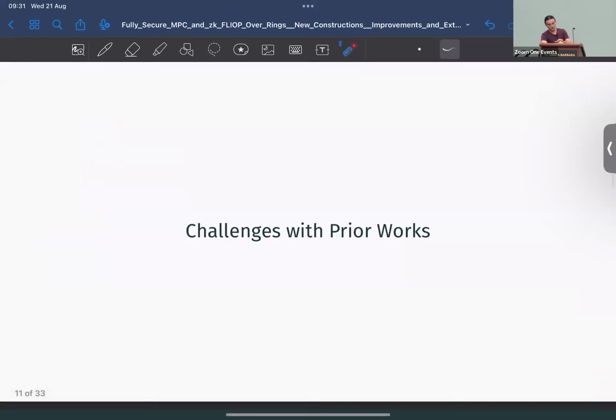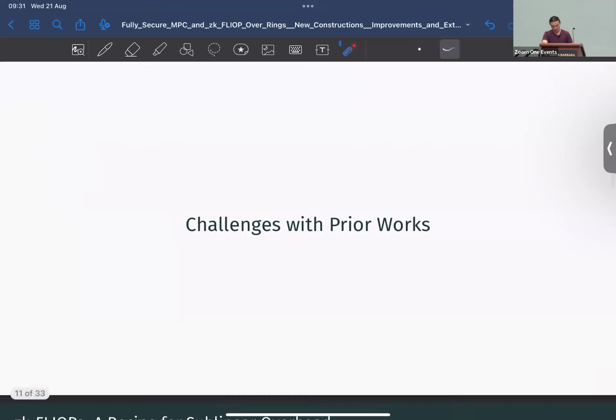Right? So for the rest of the talk, I want to focus on how we get these results. And for this, I want to start just by showing how these previous works study the question of MPC sublinear extra cost in communication. The focus is communication for the prior works.